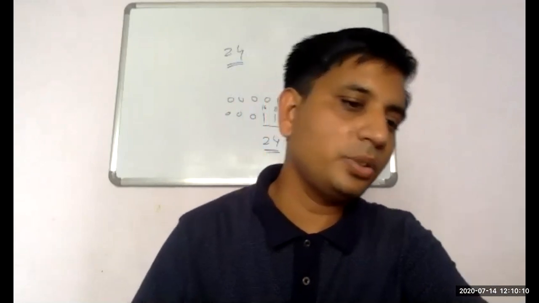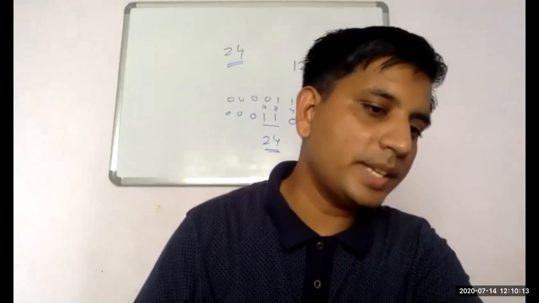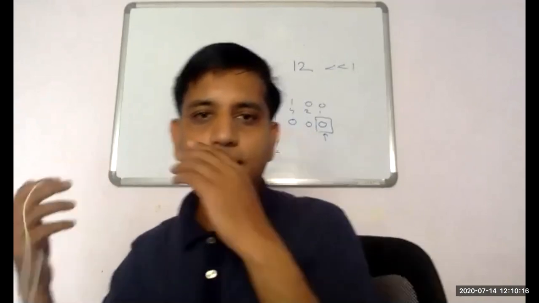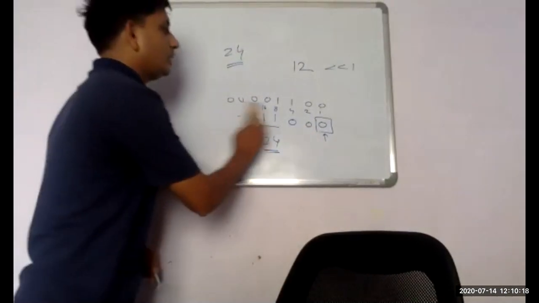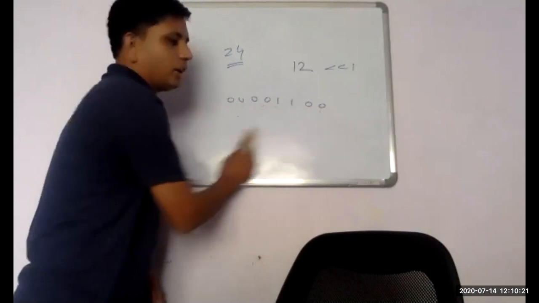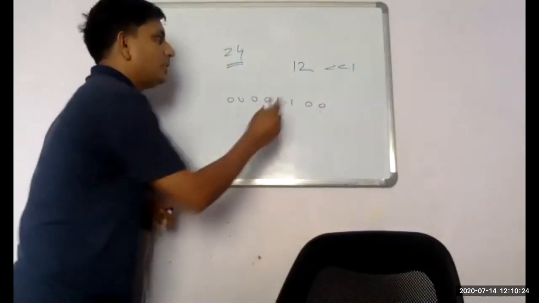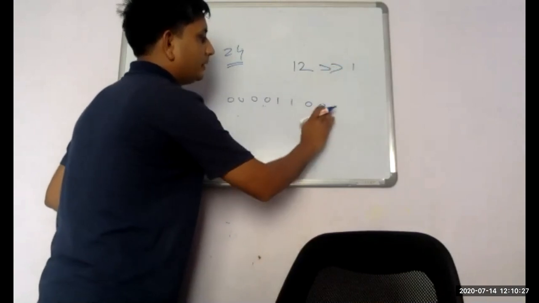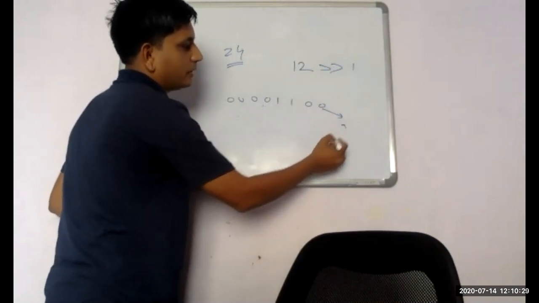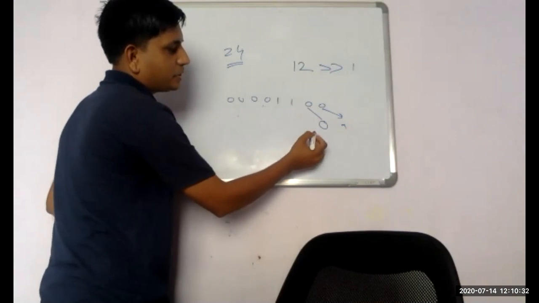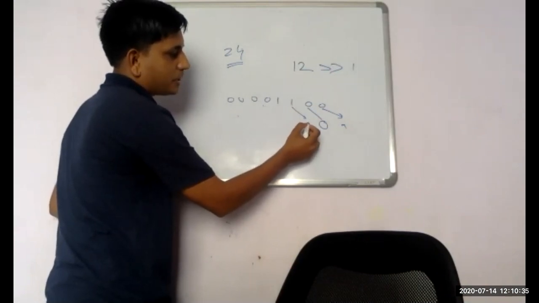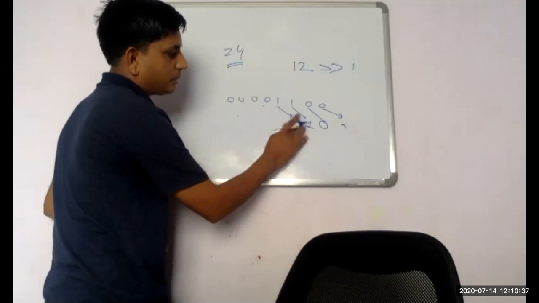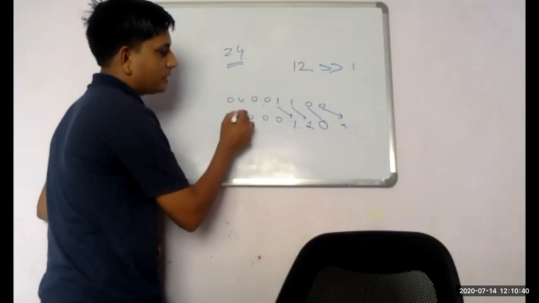So without doing it manually, we have the formula that left shifted by 1 means multiplying your variable by 2, and right shifting a number by 1 means dividing by 2. Take the example of 12 again. If you are doing a right shift here, then what happens? Each bit moves one position to the right, so the second position becomes the first, and the remaining bits are 0.